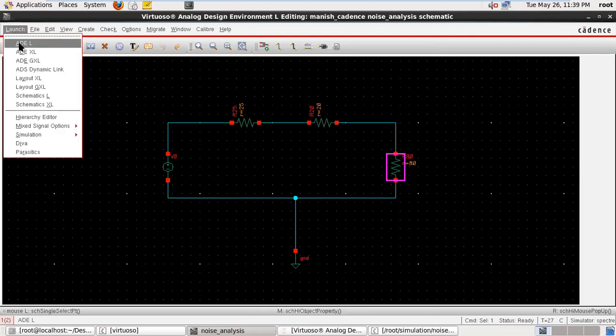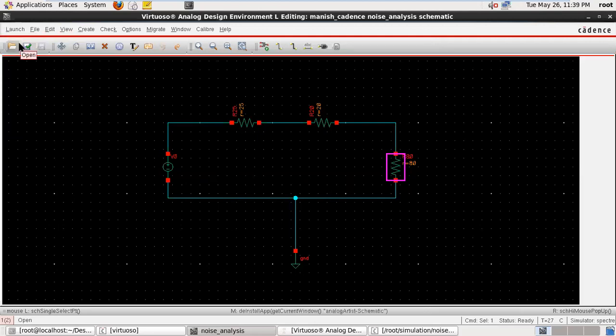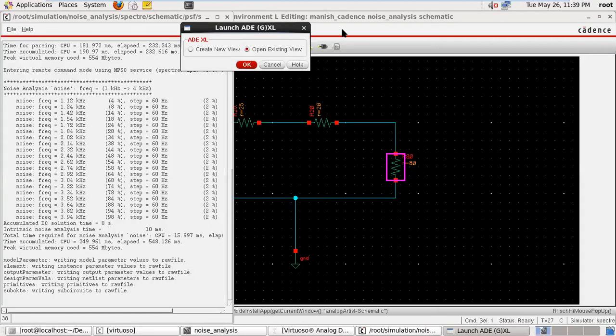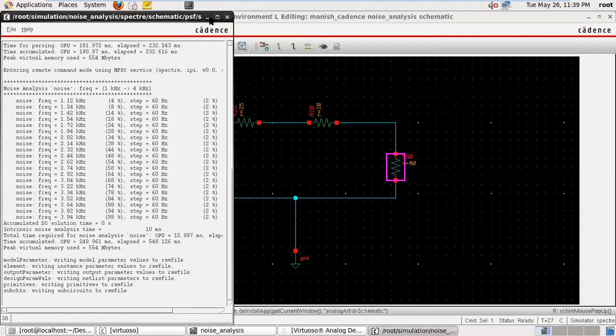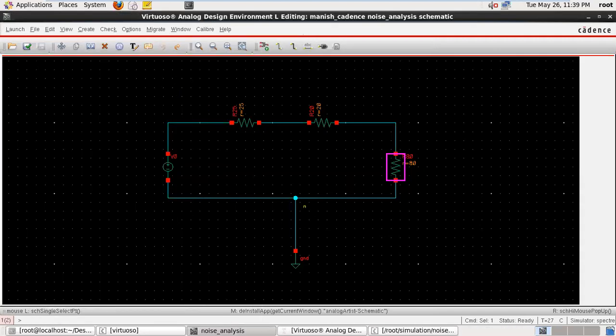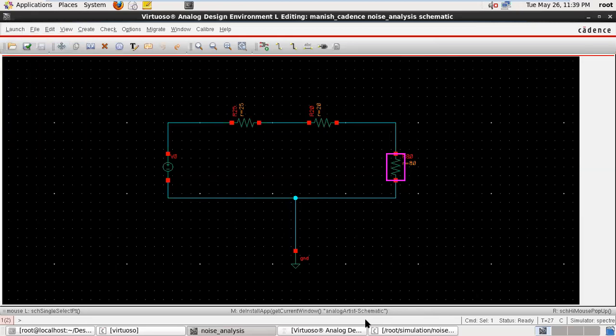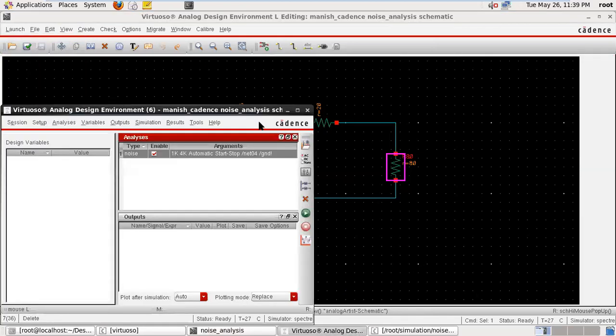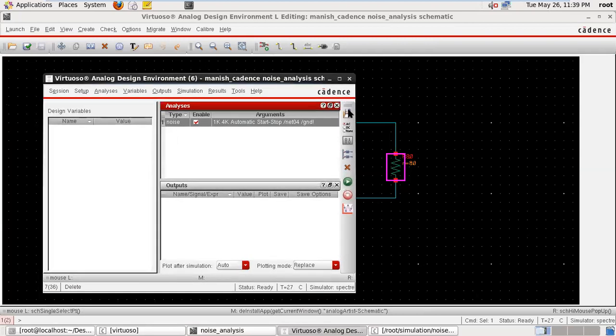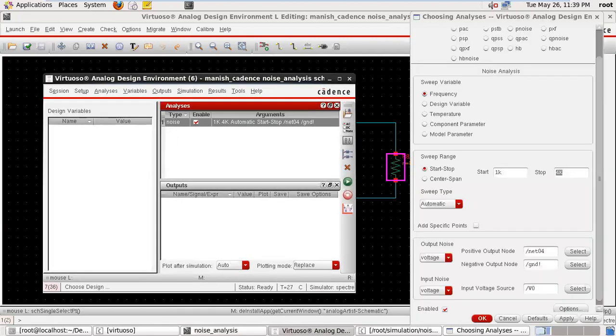Okay, launch the ADL window. So can you go to the simulation window?